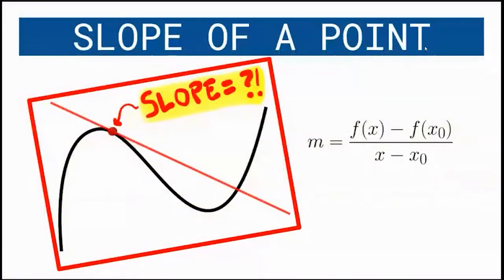This is how I want you to frame the entire unit. It's based on this concept: the slope of one point. All we're doing is trying to find the slope of one point, or a formula that finds the slope of one point. Okay? The reason why that's important in real life is, the way I explain it, say